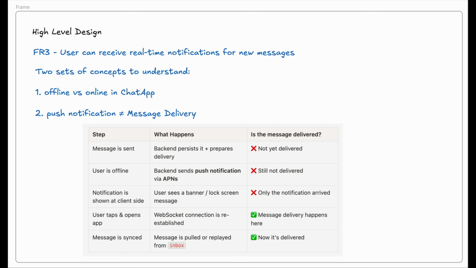Now let's come to functional requirement number 3, where users can receive real-time notifications for new messages. This can be broken into 2 scenarios. One is for the online users, with real-time WebSocket communication. The second case is, of course, the offline users, when there needs to be a push notification service that supports this function. So before we jump into the high-level design on functional requirement number 3, we need to understand